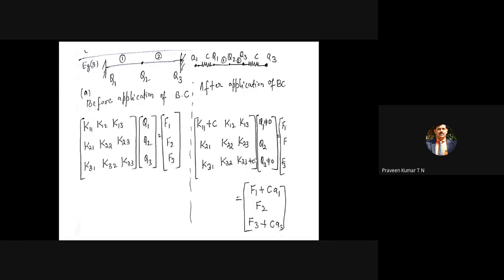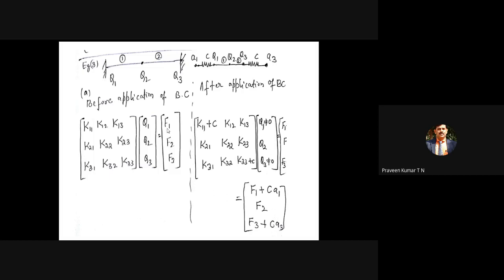Normally you are using the term updated. So already in the computer, during the pre-processing stage, all stiffness values are calculated. It is already generated. Now you are only updating the K11 value and K33 value. In a similar way, you have to update the force vector at the first row, because you are applying a boundary condition at node 1.